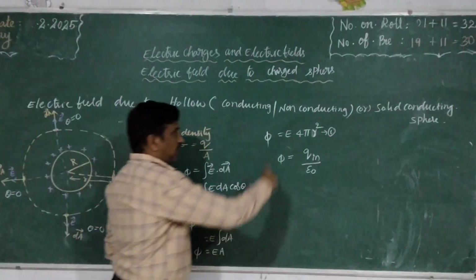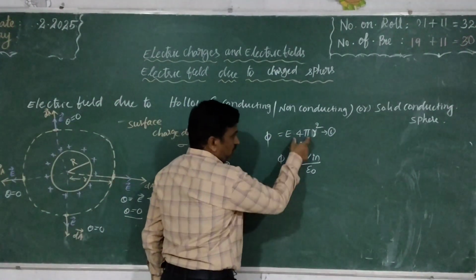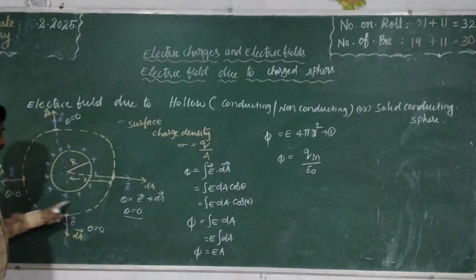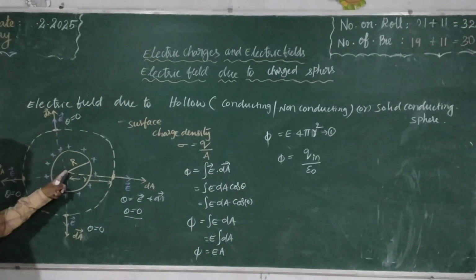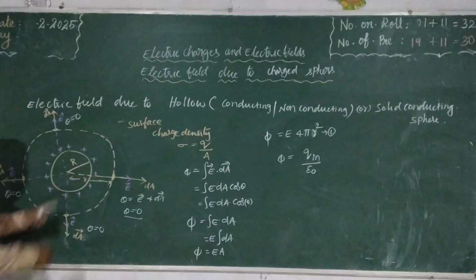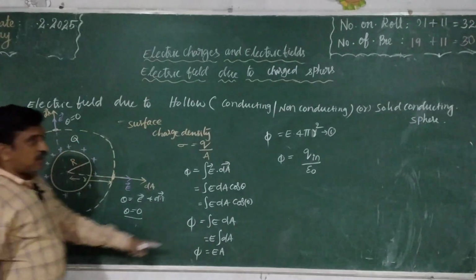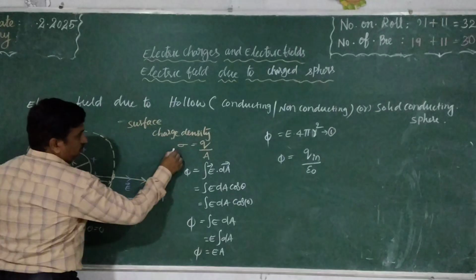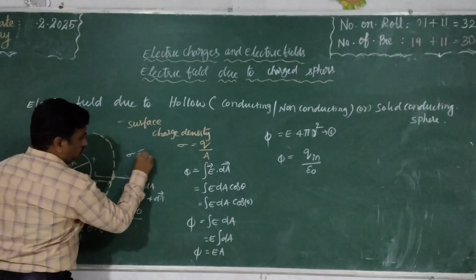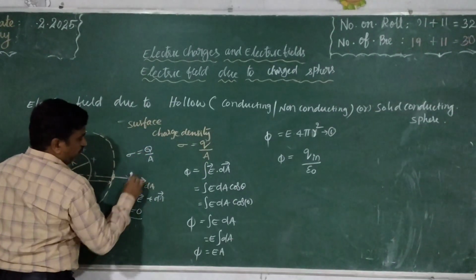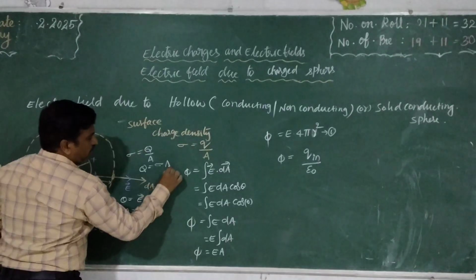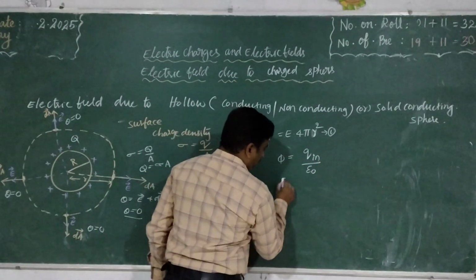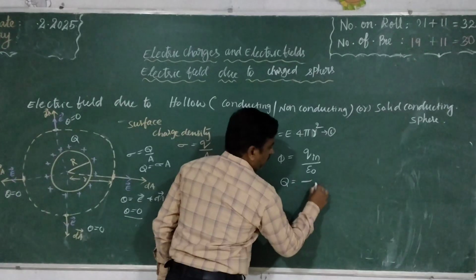See here, here phi, here phi. So we equate these two now. Before that, we write the charge. Charge is capital Q. Q inside means capital Q. Sigma equal to capital Q by A, so Q equal to sigma into A. Instead of Q, we can write sigma into A